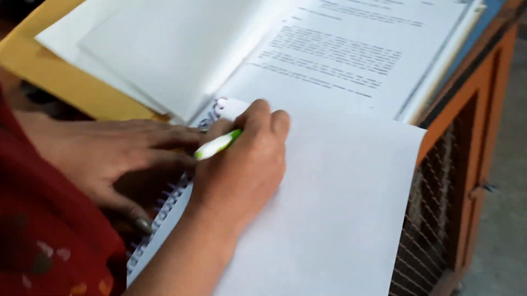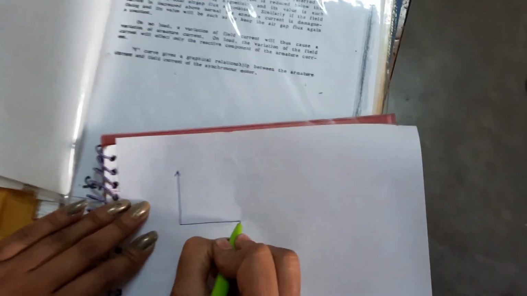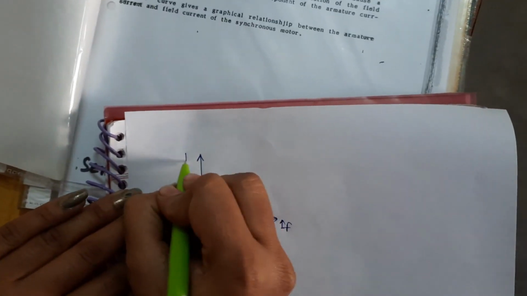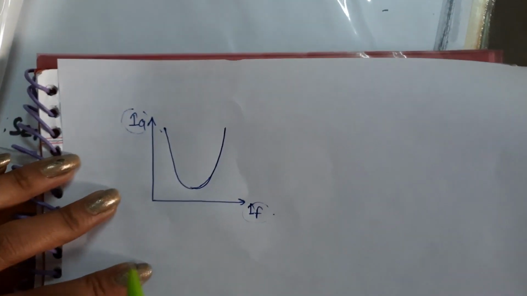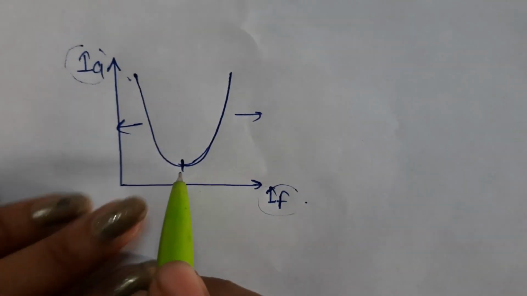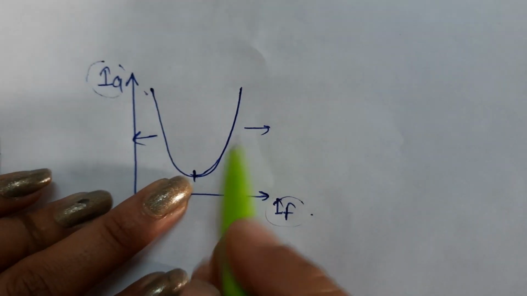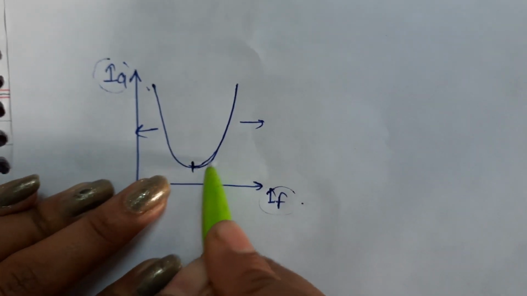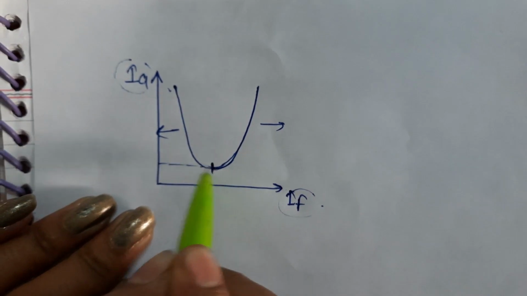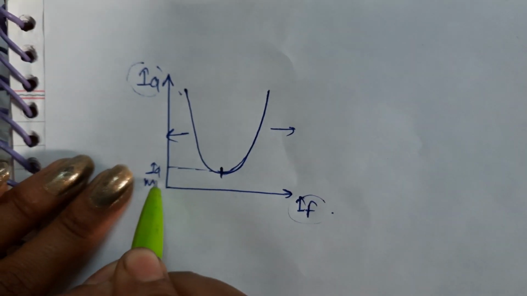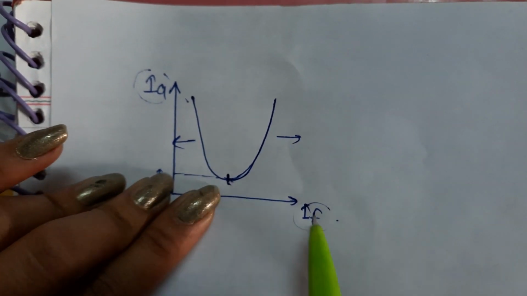For a synchronous motor, we have the armature current and the field current. By varying the field current, that is the excitation current, the armature current varies like this. So the shape of the curve is like a V, hence we named it a V curve. Whenever the excitation is increased beyond this point, where the armature current is minimum,